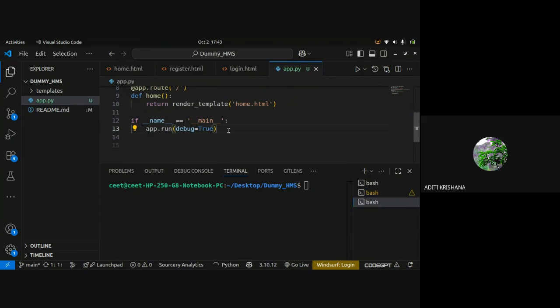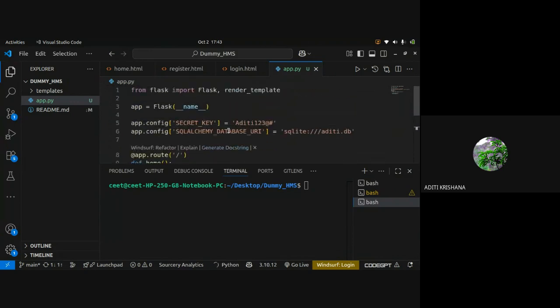That means when we run the application and some error comes in the terminal, that error will be shown. That will help us debug it. The next property is defining your own customized port. I will show you that later. First, let us run our application and see whether it is running or not.